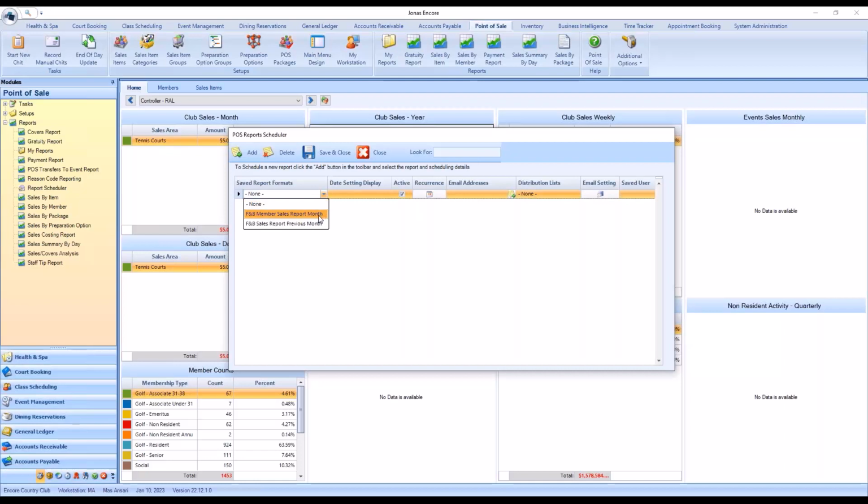So the key thing here is these are reports that have been saved through the save format feature in the sales by item or sales by member report in my case today. If other users are saving those formats and publishing them out to other users, those would also be listed here. So in today's example, if I wanted to set up a food and beverage sales report that I already have as a format in my system, today I manually generate that